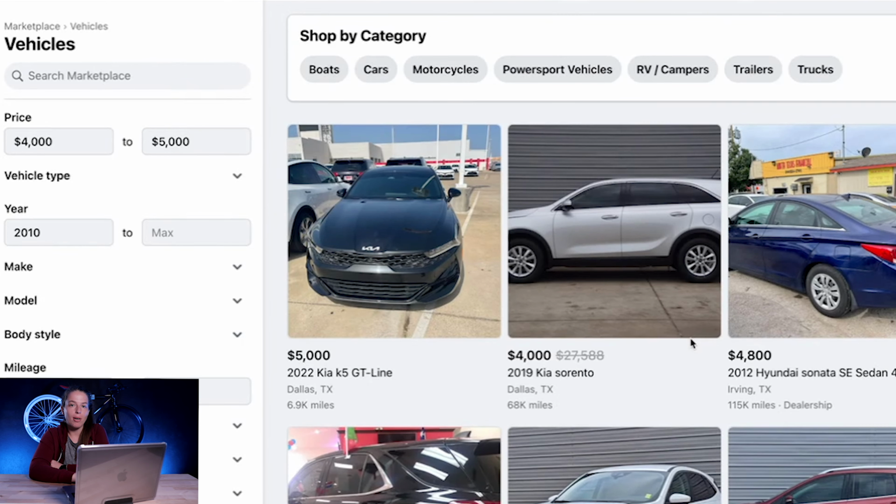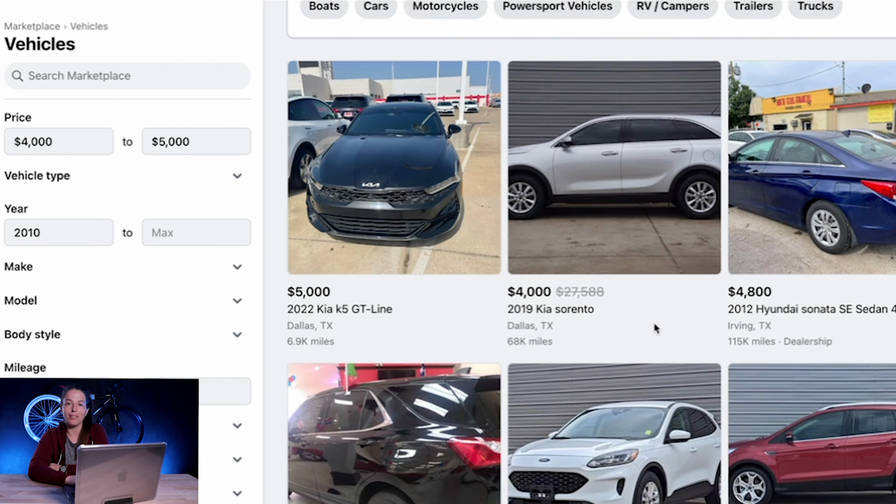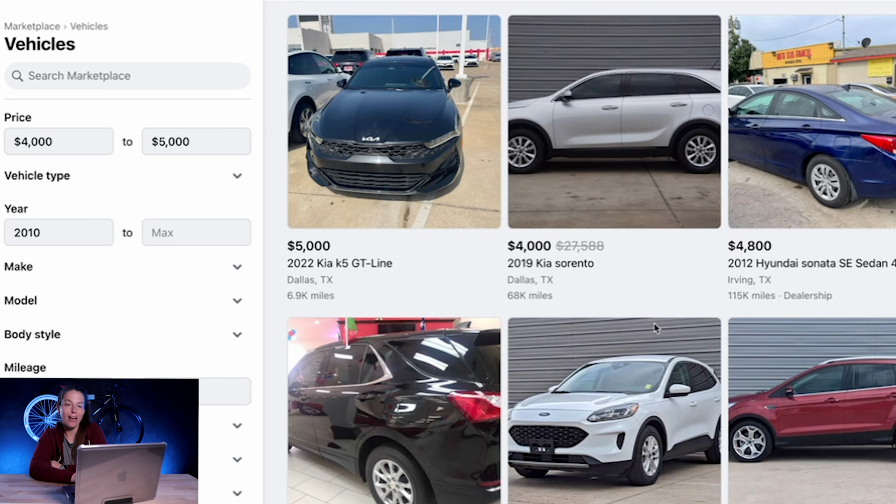These cars are newer, nicer, and they're a much better value than the older cars that I could get for a few grand less. But let's actually take a look at Facebook Marketplace to view what I'm talking about firsthand. If we look at Facebook Marketplace and the parameters of a car that's $4,000 to $5,000, 2010 or newer with 130,000 miles or less, which is what we need if we want to list a car out on Turo,